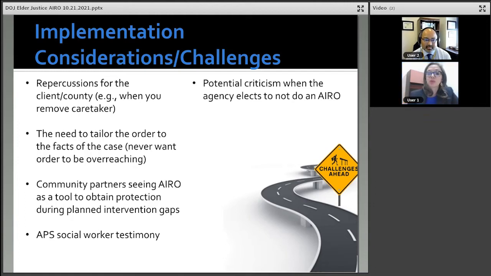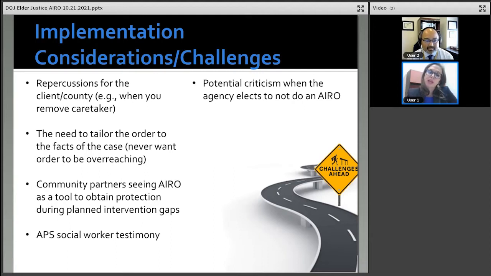The other thing is, your social workers will have to testify if it gets to the part where maybe it's contested or there's a trial. We didn't know that some of these were going to go to that level, and we have had, I think, at least 2 that have gone to. If it wasn't a trial, because I'm maybe not using legal language, it definitely felt like a trial, and there was testimony. That is something that we weren't quite prepared for, and so we had to really figure out how to train and prepare our staff. Again, it wasn't a training that we had to give to everybody, but it was definitely guidance and coaching that we had to provide to social workers ahead of time.